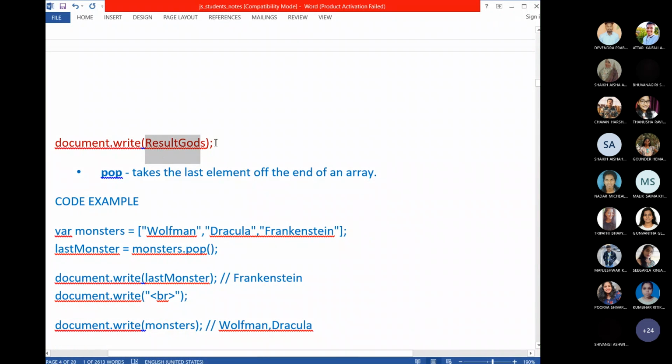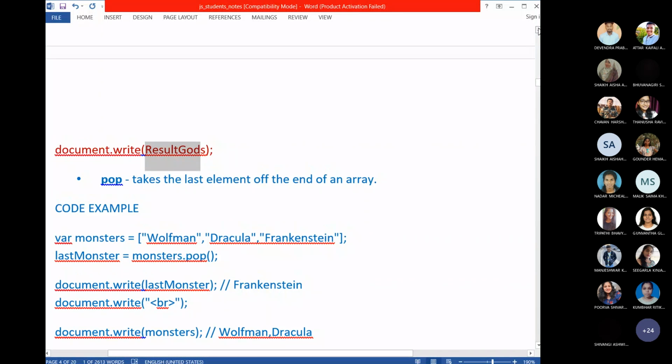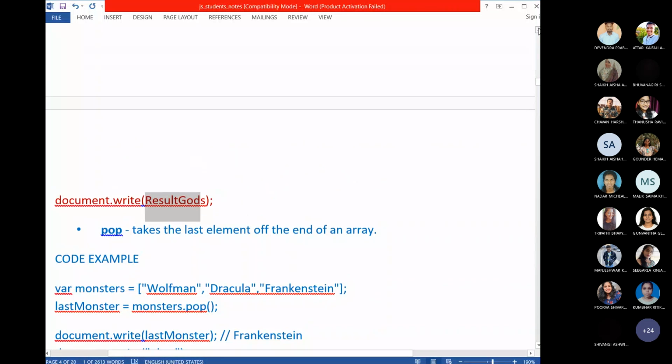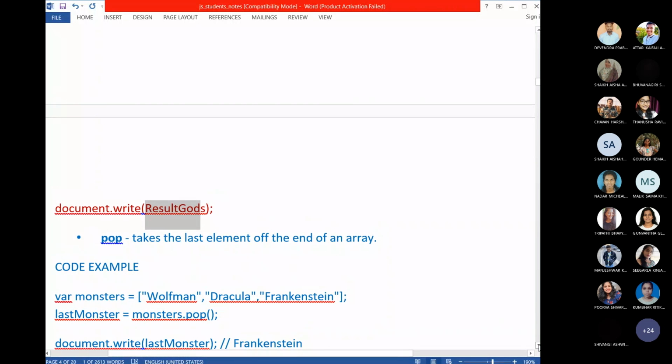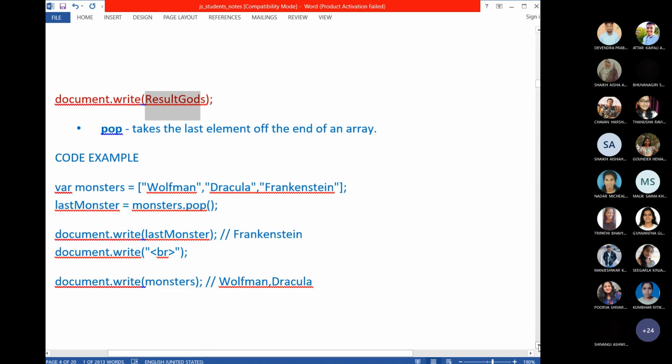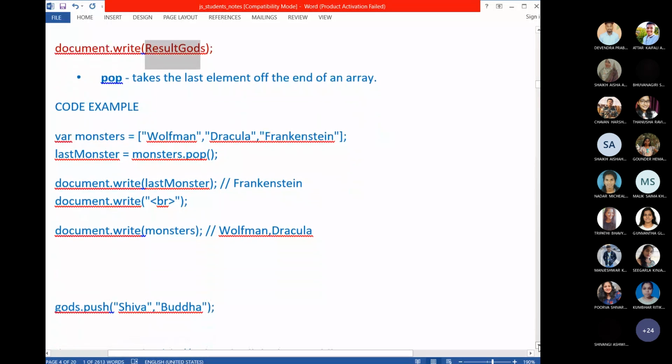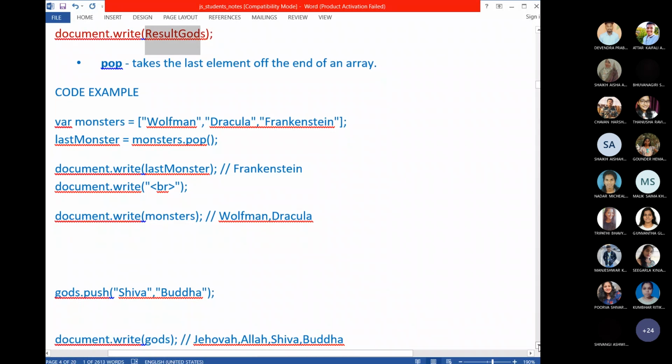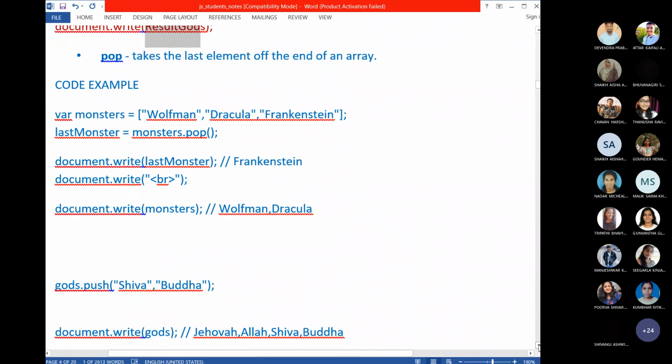So when you print result gods, you will get all the 4 elements. Like concat, here input and output are both arrays. Now you know what is push. Push will add one or more elements at the end of the given array.